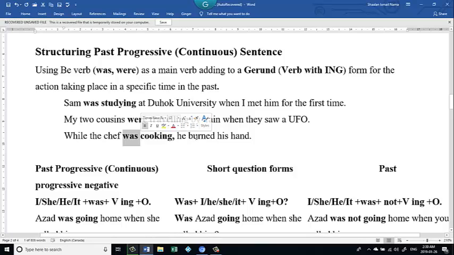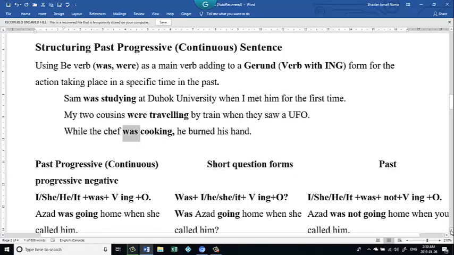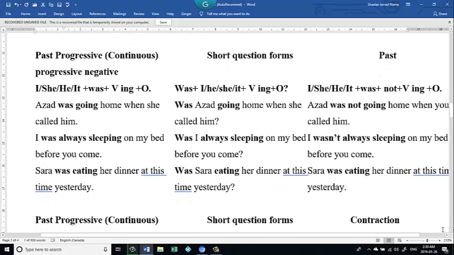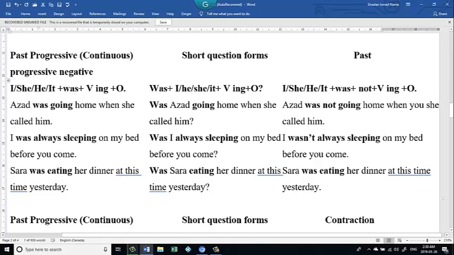Maybe for just happen, then it's finished. How to make the short form, short answer, short question answer, and also negative of the past continuous. For example, we said the subject is I, he, she, it. We use was, then verb with ing, then object. Then when you want to make a question, you're going to make, for example,